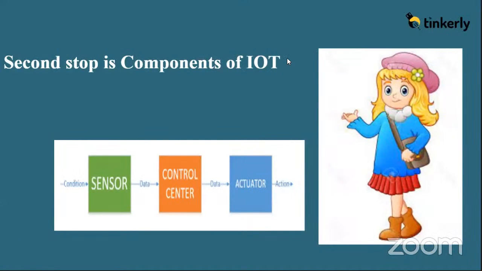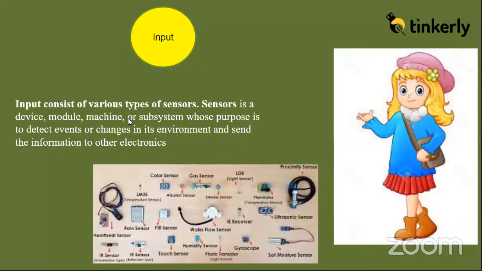So our second topic is components of IoT. It consists of sensor, controller, and actuators. Actuators are nothing but the output. So first is input. Input consists of various types of sensors. Like in our body,